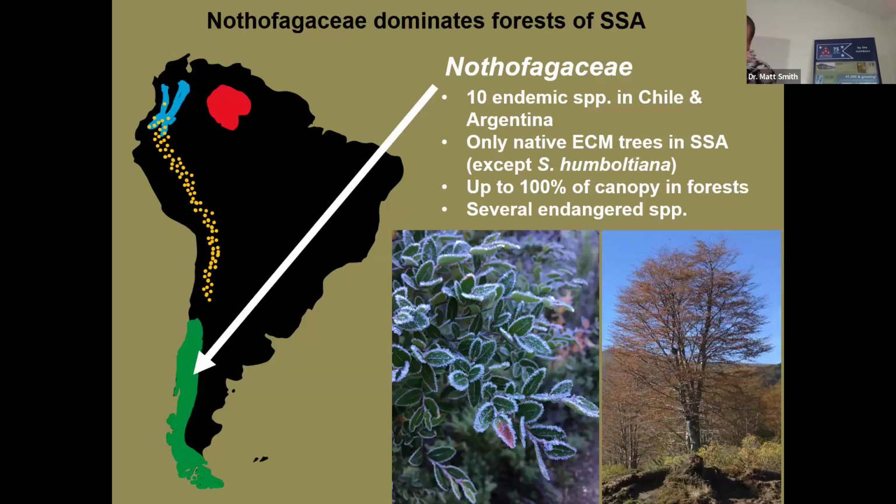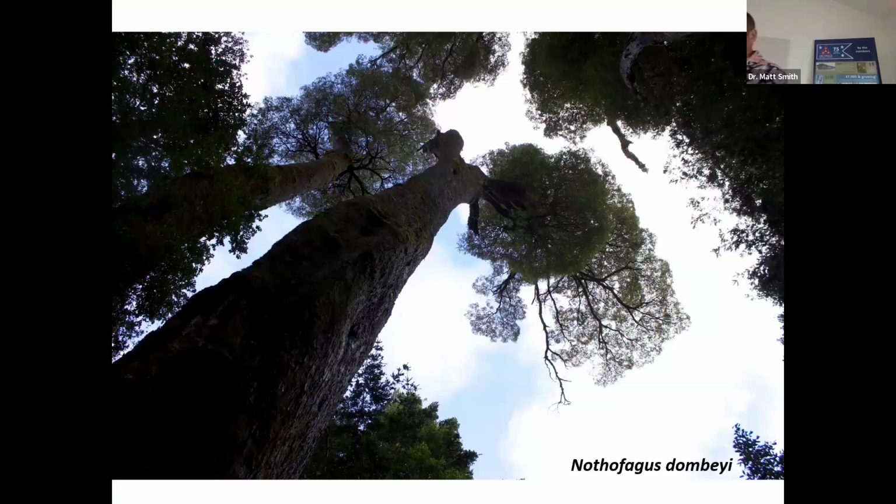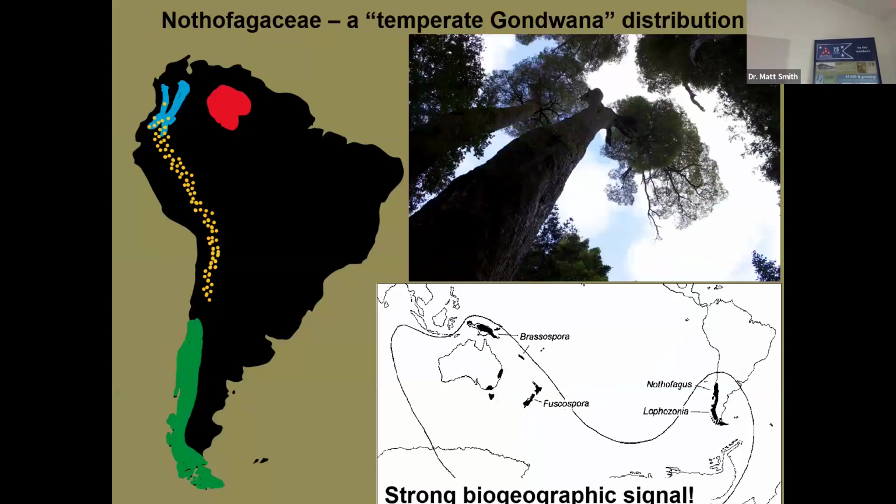And as you go closer to Tierra del Fuego, you get total dominance by Nothofagaceae. They're the only trees in the forest. If you go to Tierra del Fuego, you walk into a forest, the only trees are this one family, which is very unusual in the world, actually. And there's actually several endangered species, which I won't have time to talk about. So just to give you an idea of what these look like, very large trees dominating the forest